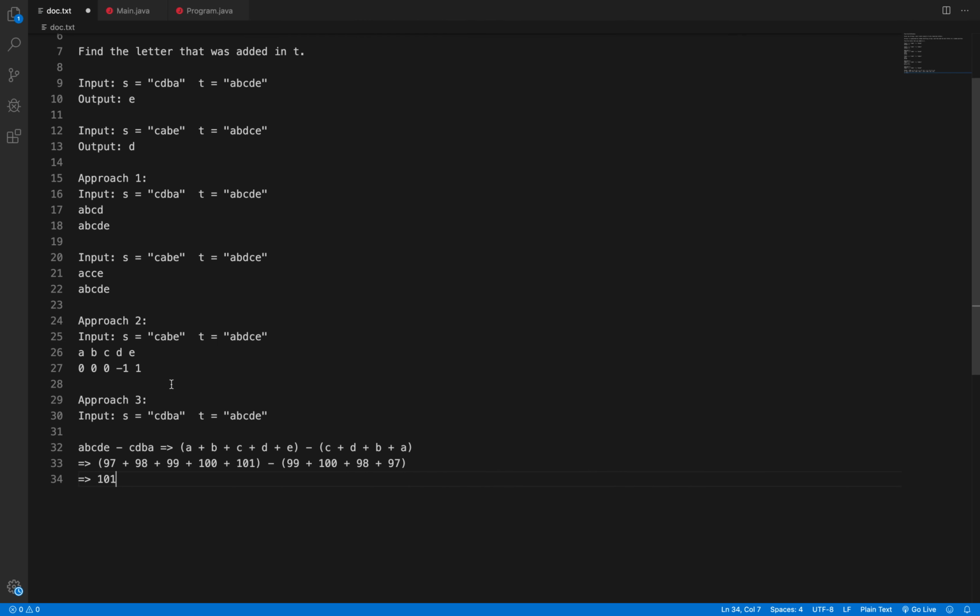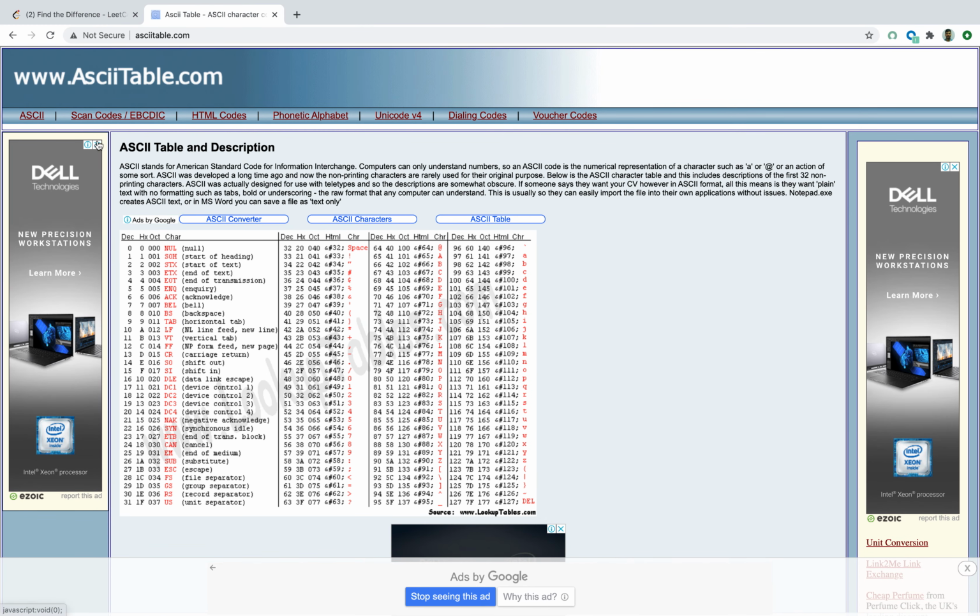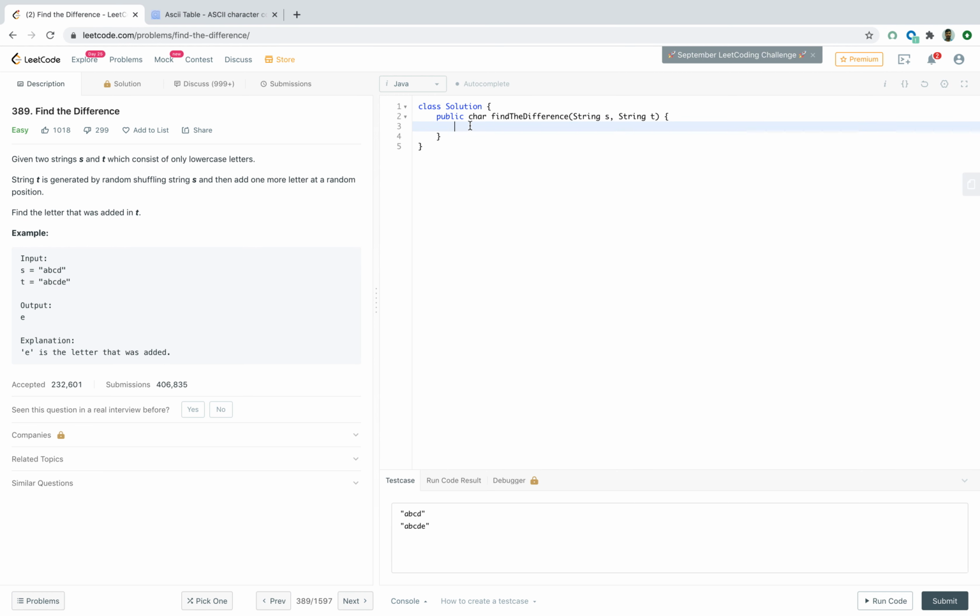Okay, so let's write that code in Java. First we'll store the length of the string and declare one variable, temp, initialized to 0, then loop over the string, and here we will store the difference.